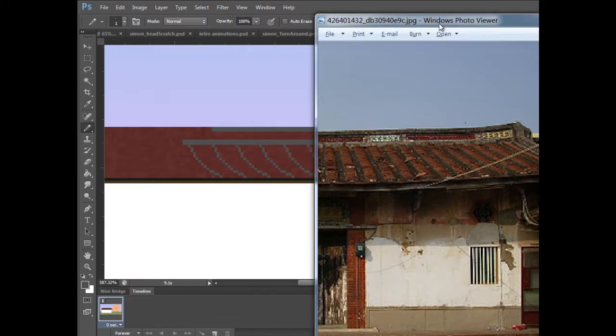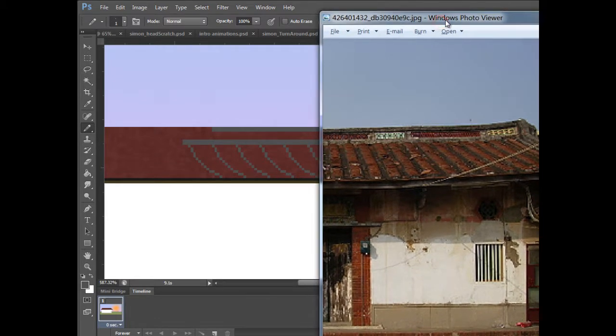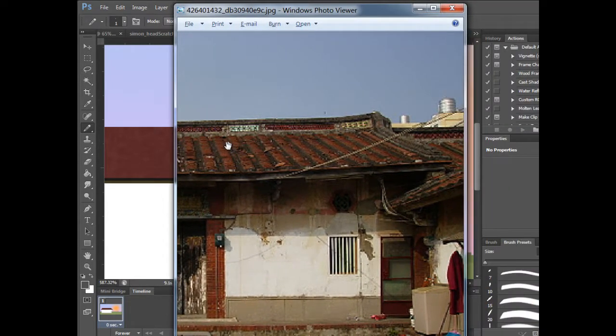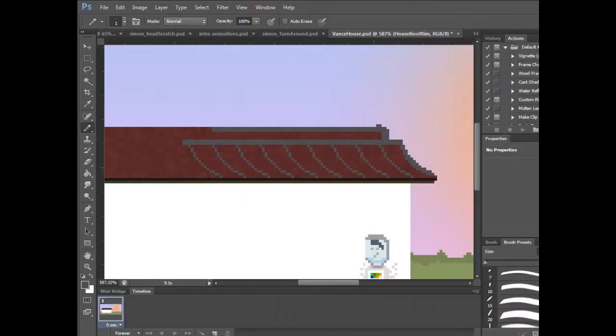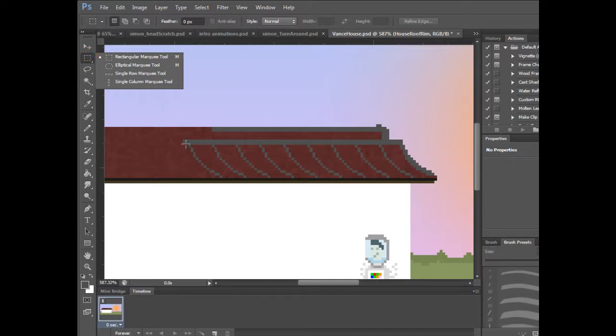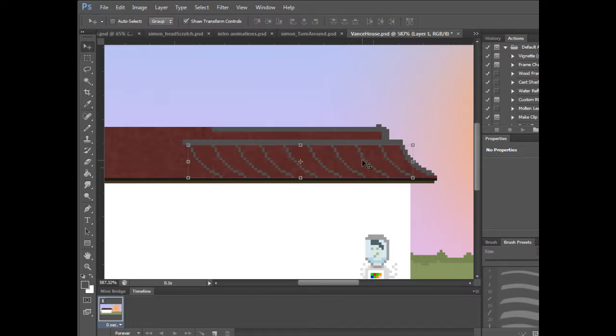And it looks to me like in this house there might actually be some sort of red in between the bricks here. It's like it's double layered or something. So actually what I'm going to do is copy this part of these roof areas, and copy that and paste it again, but then make it a little less